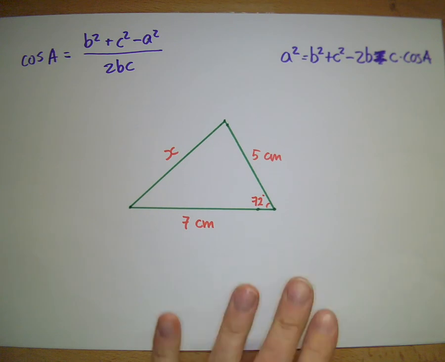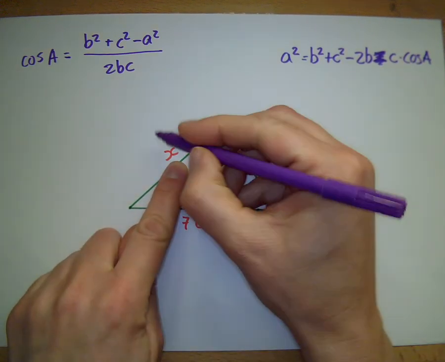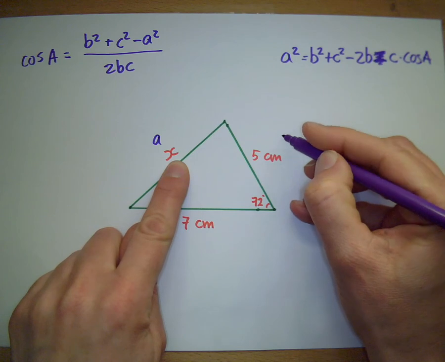So using the cosine rule, we're going to call this side A. We're going to call